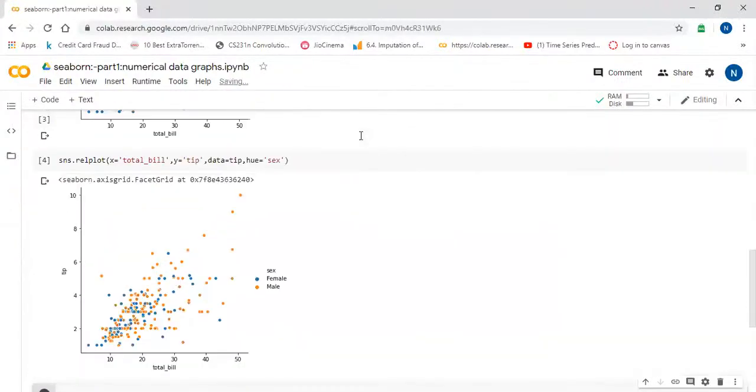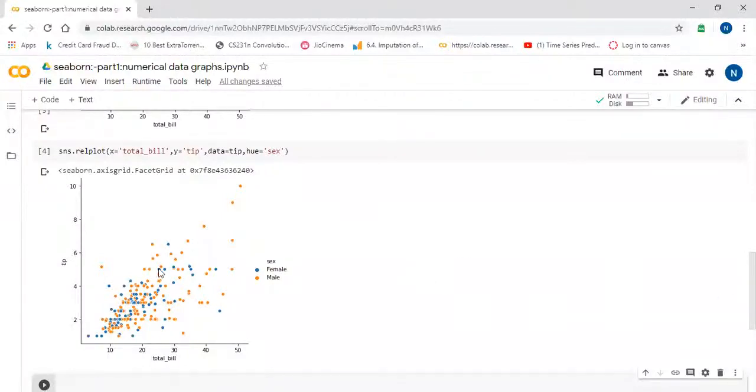Now you can see the data is differentiated. The scatter plot is the same as previous, and the data points are at the exact same locations. We can still see the same relationship, but now the data is divided into two groups based on sex. Sex is a categorical column, so there are male and female values present. Now we can see the female are denoted with the blue spots. You can see there are more male records present as compared to female records.